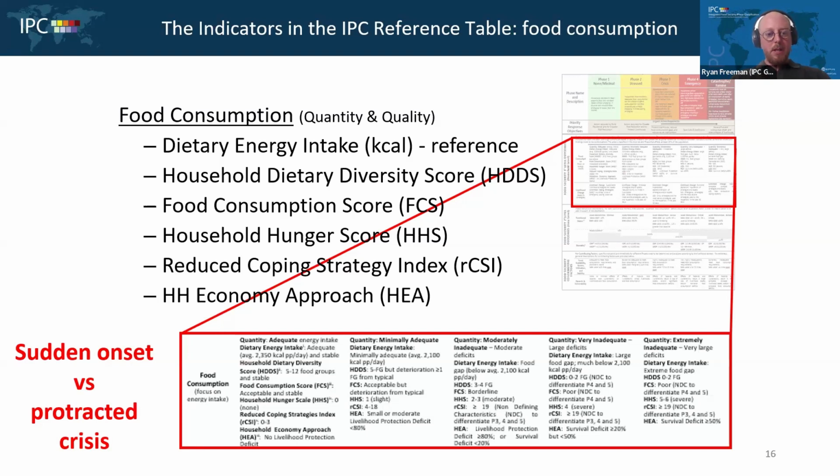So if we talk about the HEA, and we talk about a sudden onset or a protracted crisis, what do the colleagues online feel would be the most applicable for adapting to a sudden onset emergency, or is it more applicable for a protracted crisis? Happy to hear your thoughts in the chat there as well. So I'll pass over to Yanni and Scott.